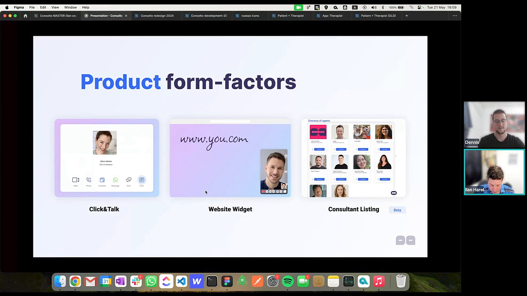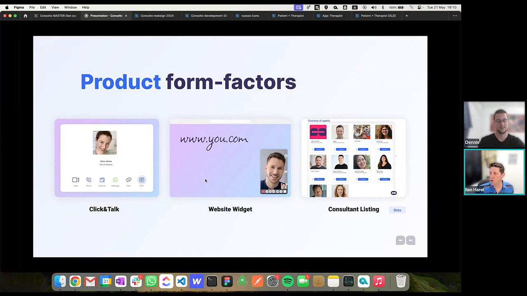to start a meeting. Okay, so how this works, and by the way, I'll show you that in a few moments. We have 3 form factors, and today I'm going to discuss only 2 of them. The third one is in beta. It's in development with design partners. I don't want to discuss this. If you want to be an early adopter of this, please contact Dennis at consolto.com, and we'll be happy to help.